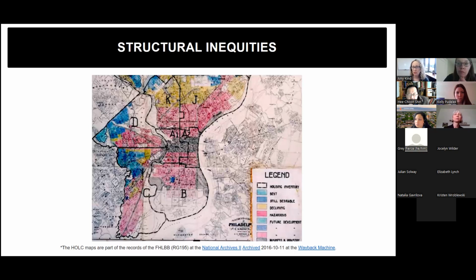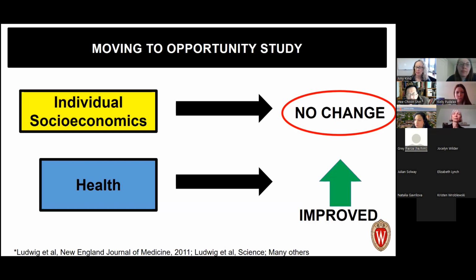So the initial measures that I showed you were over the course of about 10 to 20 years, or slightly less, 10 to 15 years. But what was found is that the second generation of these families that moved were emerging from poverty. So not the parents, but the children. And of course, I'm vastly generalizing here, but if you go back, and of course, this will all be in the recordings, take a look at Ludwig's papers out of Science, New England Journal. They were all published in the early 2010s. So almost a decade, or it is a decade, COVID messes with my sense of time, a decade ago now.